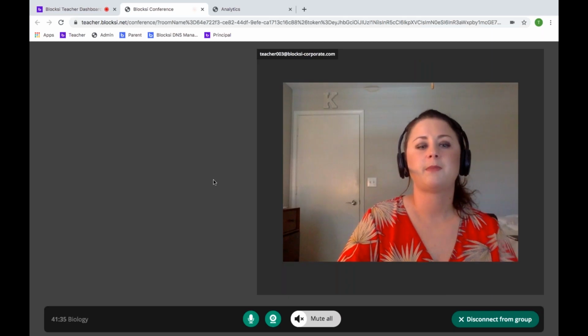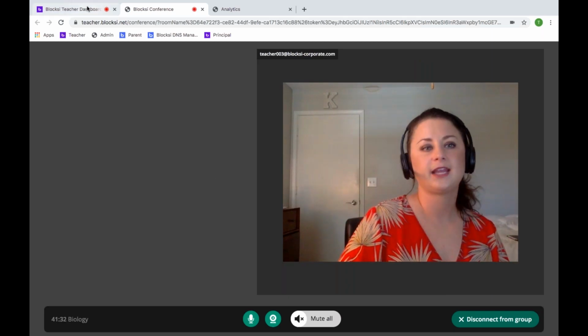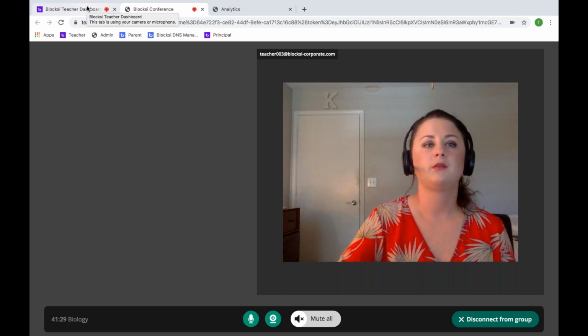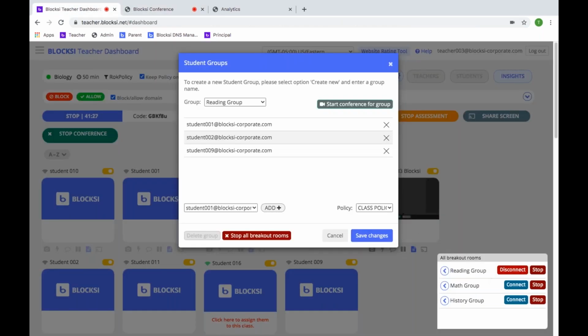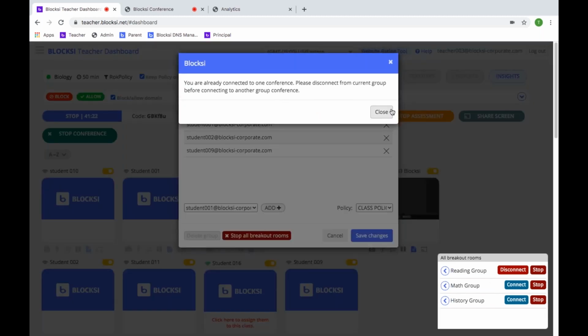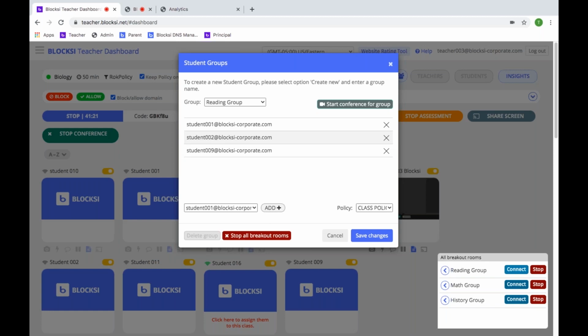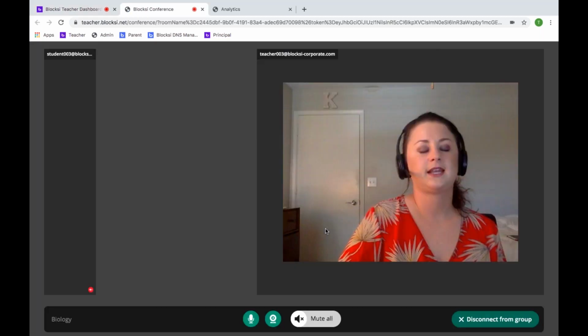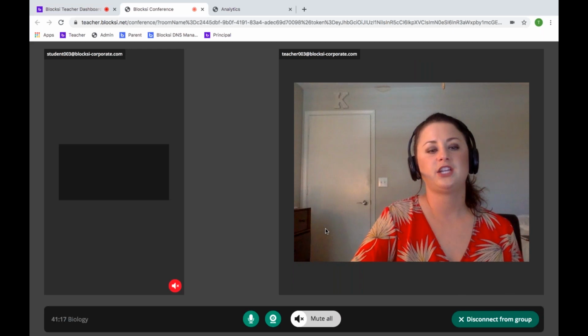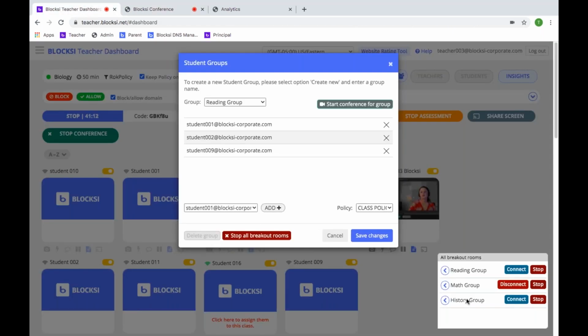As the teacher, I can connect into my reading group here. So I can have a breakout room with my reading group. I can also switch back and forth. If I need to go into the math group as the teacher, I can connect into my math group. And then that's going to initiate where I am in the math group, and then so on and so forth with any types of groups you have. So I could go on to history group. So I could pop back and forth into these breakout rooms,